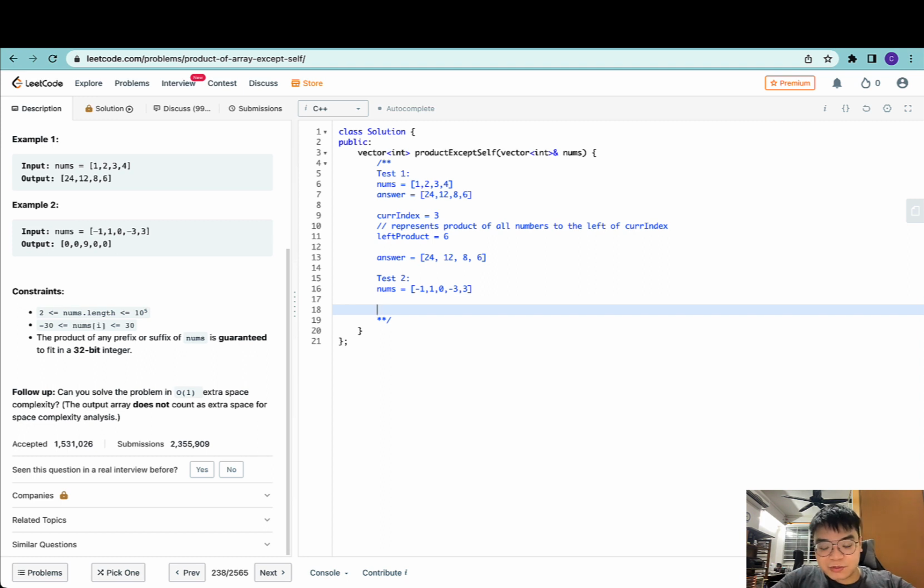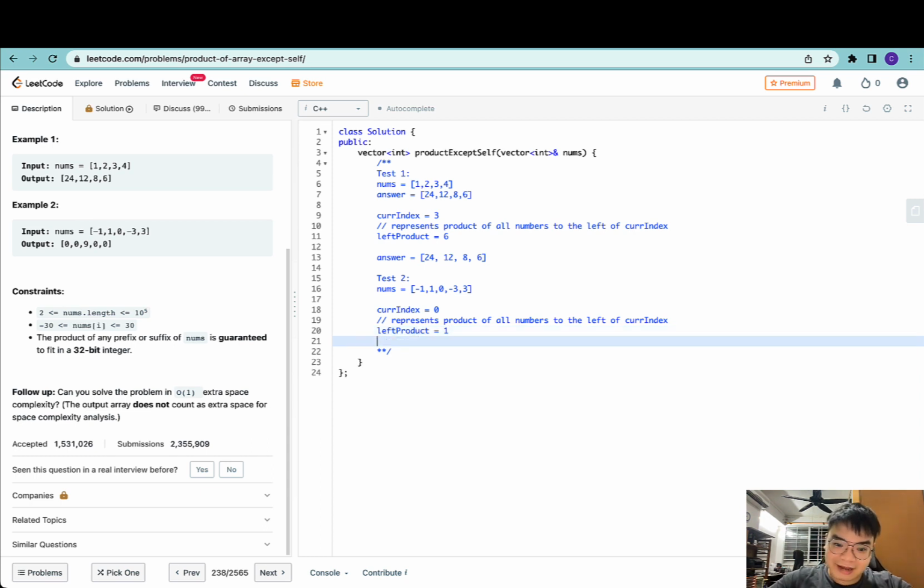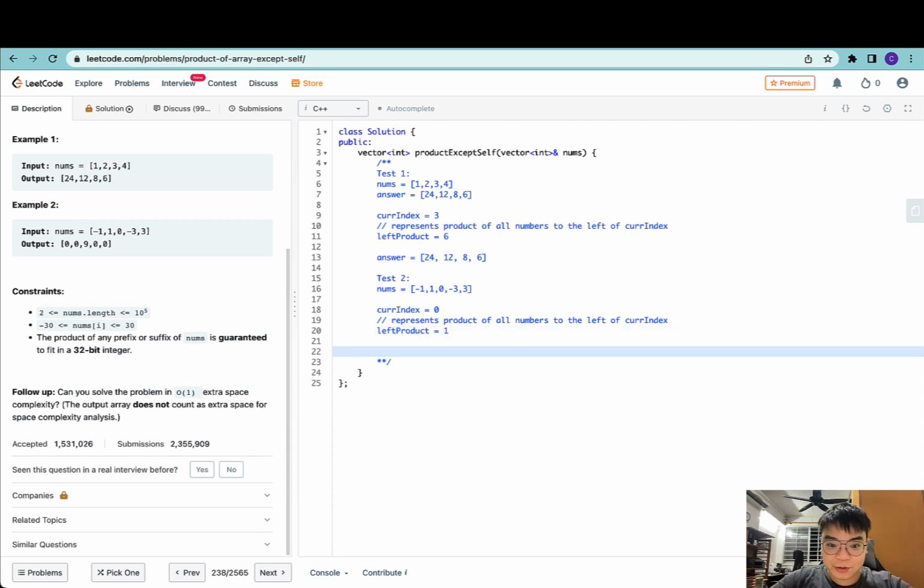So first, we will define the left product. As usual, this represents the product of all numbers to the left of current index. And current index starts from 0. And the left product in this case would be 1, since no numbers are on the left of current index at the moment. And we will initialize our answer to be the right product from right to left as well. So we will initialize this to